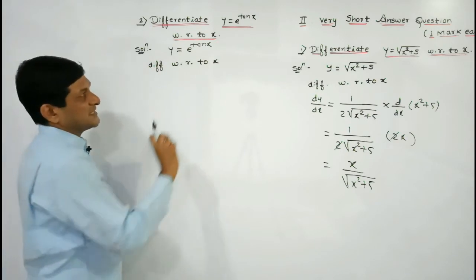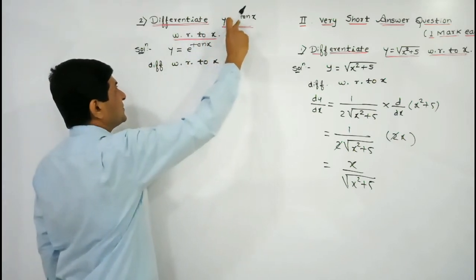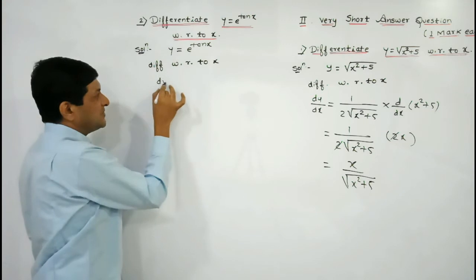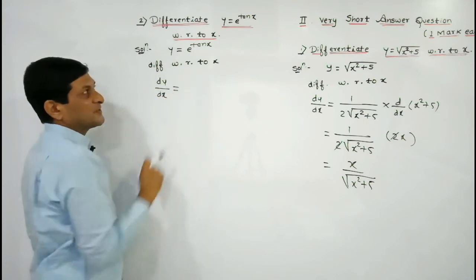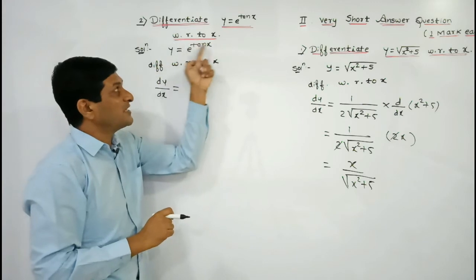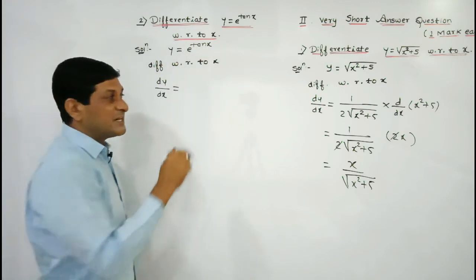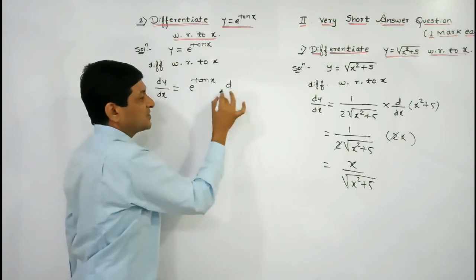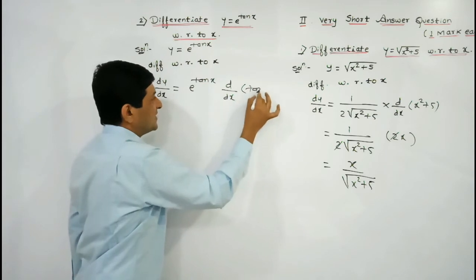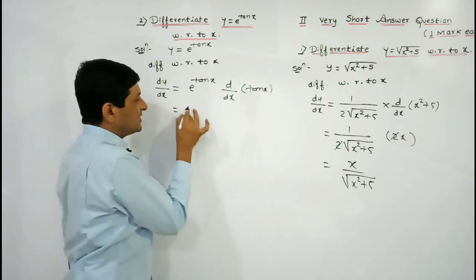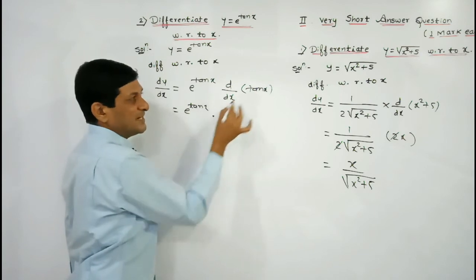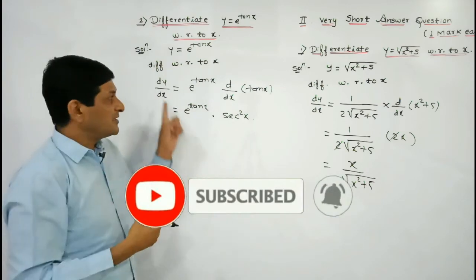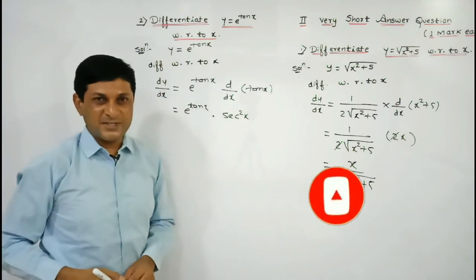Now observe the next example. In this case, the given function is y is equal to e raised to power tan x, and we have to differentiate it with respect to x. So derivative of y is dy upon dx, and if you observe this function, it is in the form of e raised to power f of x. And what is the derivative of e raised to power f of x? e raised to power f of x, but here f of x means tan x, into derivative of f of x, means derivative of tan x. So this is equal to e raised to power tan x, keep it as it is, and the derivative of tan x will be equal to sec square x. Nothing is there to simplify, so we can say that this will be our required differentiation.